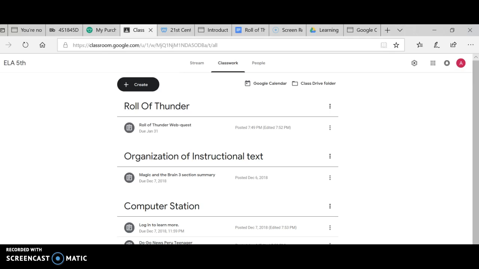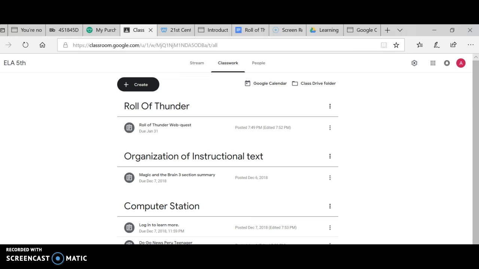This is Mrs. O'Brien. I'm going to show you a little bit about what we're doing on the computer this week. We're going to get ready to read the novel Roll of Thunder, Hear My Cry. So as we get ready to do that, we're going to complete a web quest where we explore various sources on the internet to learn more about this book that we're going to be reading, more about the setting and the time period. Understanding the context of the novel can help us better understand and better appreciate and enjoy the